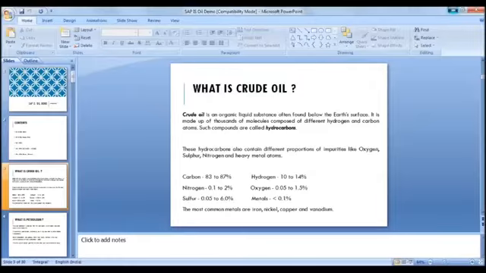So depending on these gravities and the different combinations of this, it will vary. If it has less sulfur content, it is called a sweet crude. If it has high sulfur content, it is called sour crude. If it has lower wax content, it is called lighter crude. If it has higher wax content, it is called